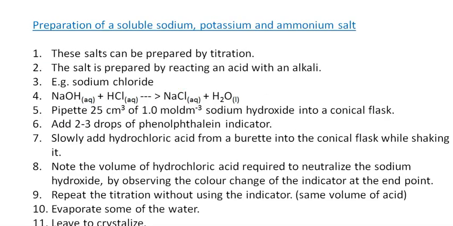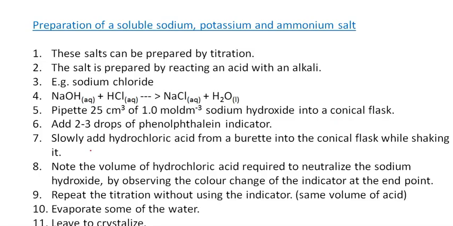Now, if we want to prepare a soluble sodium, potassium, or ammonium salt, what we have to do is do it via a titration method, right? So the salt is prepared by reacting an acid with an alkali. So if we want to produce sodium chloride, we need something like sodium hydroxide and hydrochloric acid, in which case we will produce sodium chloride and water. So first thing we do is we pipette 25 cm3 of a 1 mol/dm3 sodium hydroxide into a conical flask. We add 2 to 3 drops of phenolphthalein